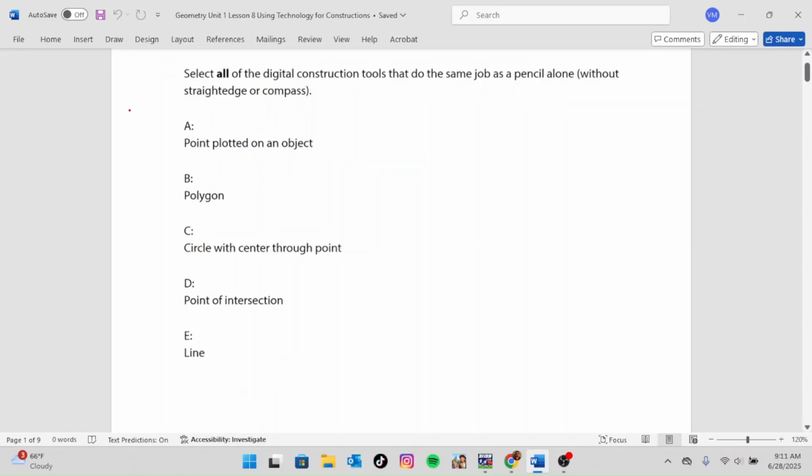Practice problem number 1 in Lesson 8. Select all of the digital construction tools that do the same job as a pencil alone, without straight edge or compass. Now, the first time I read this and I looked at GeoGebra, which is the tool that we're going to be using in this lesson and that these questions are going to be referring to,